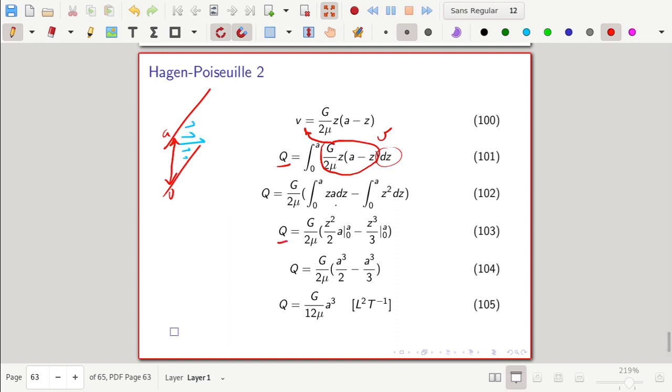So the solution to this first term here is this, on the integration limits of 0 to a. The solution of z squared is z cubed over 3 on the limits from 0 to a. So this leaves us with, it's pretty straightforward, similar to what I've done in the other video, a cubed over 2 minus a cubed over 3, and this can be simplified here. You just have to take the common denominator, which will be 6 multiplied by 2 will be 12, and then a cubed. So this is the solution for the discharge